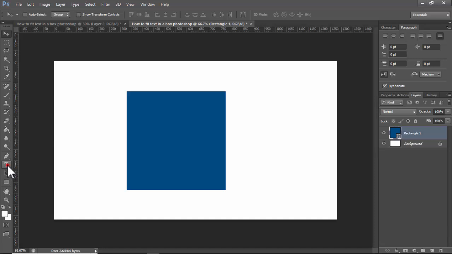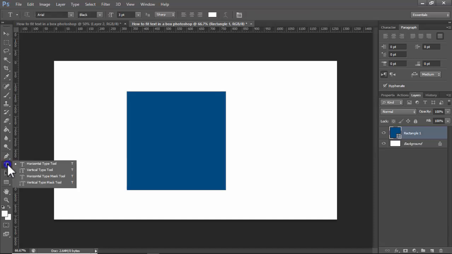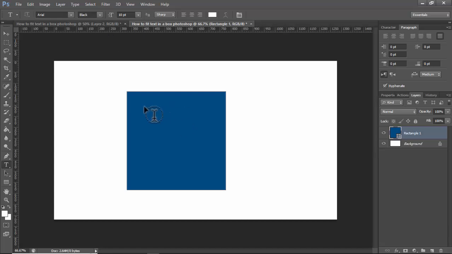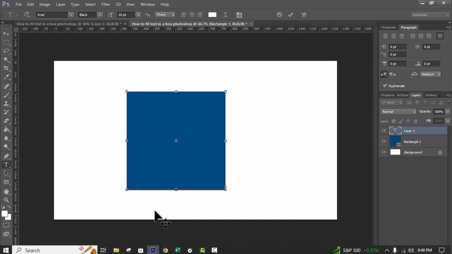Then click the text, right click, horizontal type tool. Text color white. Text size: choose or select your text size. Then click for this box. I copy this text,